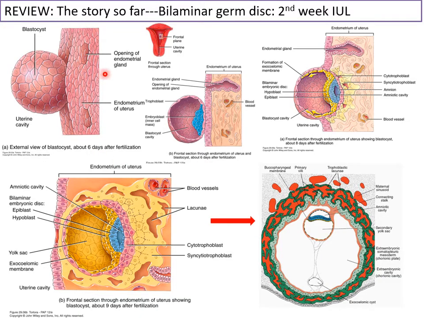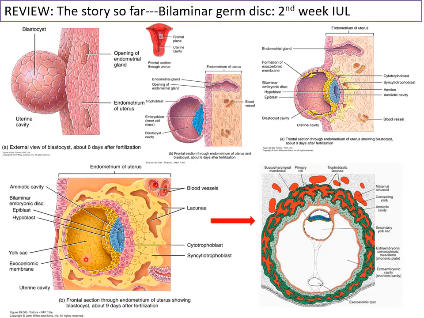So this is review from the last time. Remember the bilaminar germ disc had developed, and that was the week of twos in the second week of intrauterine life. So this picture shows in a summary that's blastocyst implanting, and then remember the differentiation of the trophoblast into the syncytio and the cytotrophoblast, inner cell mass, the cavity developing inside, that's the amniotic cavity, the bilaminar germ disc made up of epiblast and hypoblast, the blue and the yellow cells,